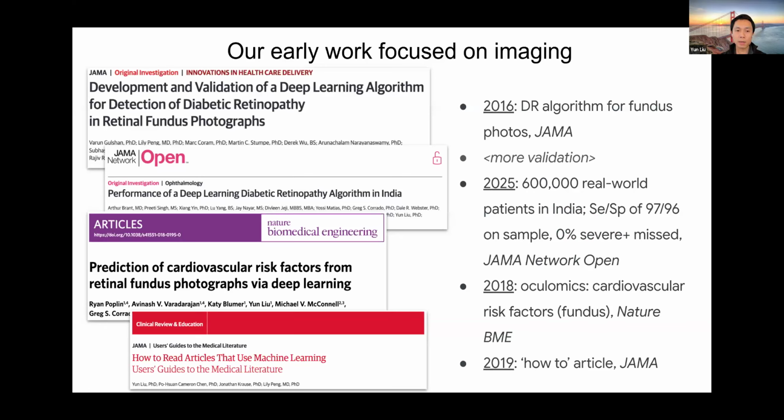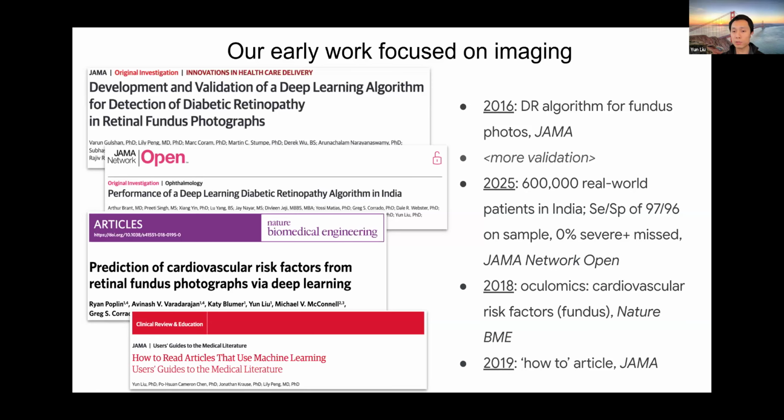just last year. Now, at the same time that we're doing this work that was more about clinical workflows and helping with a specific screening problem, we were also working on trying to understand if we can do more with less. And one example of that was to look at these retinal photos and to see if we can get a sense of other signs of systemic disease from these photos. They say the eye is a window to your soul. In this case, it's a window to your overall health. And there are many things that you can tell from these photos. And so we did some work in that space. And then very briefly, we did a bit of work to try and help the, in this case, physicians understand the literature, the medical literature that was getting more and more of these machine learning related articles back then.